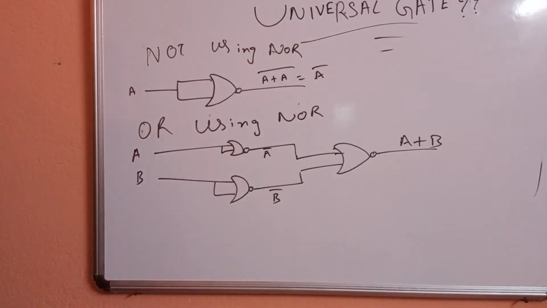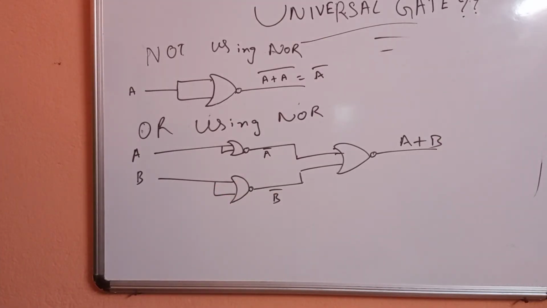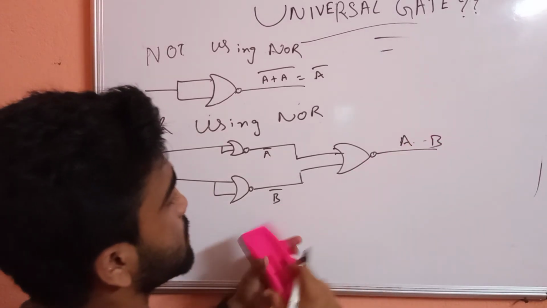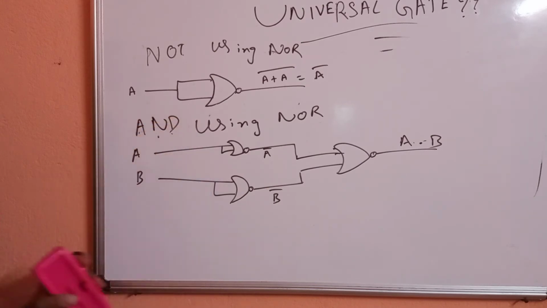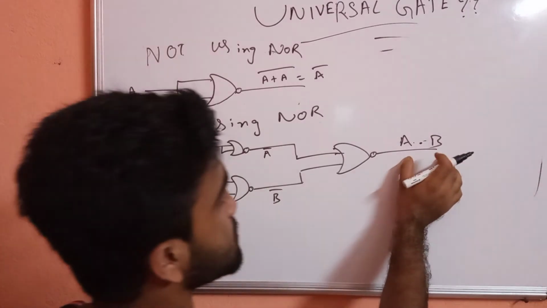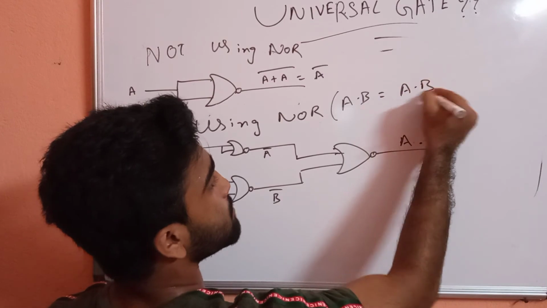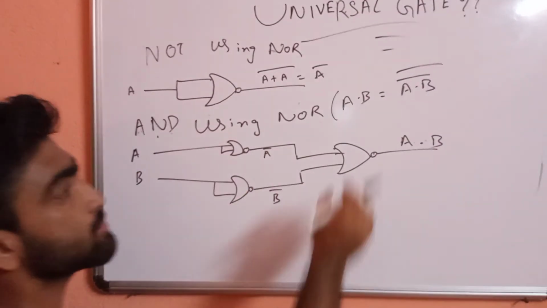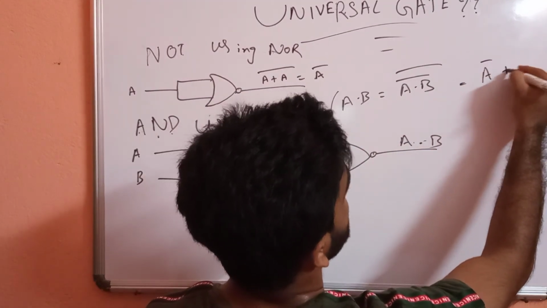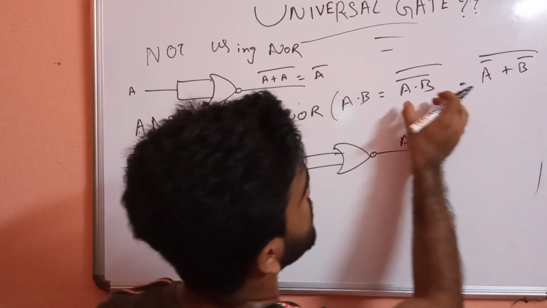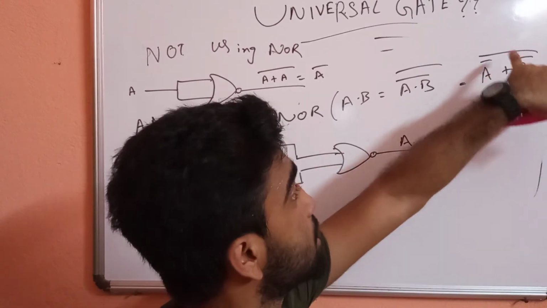Now carefully watch. How am I getting this? I'm sorry, very sorry. This is AND operation using NOR. How am I getting this? This we want as output: A dot B. We can write A dot B double complement as A dot B. A dot B double complement means A dot B. Now using De Morgan's rule, we know A bar plus B bar whole bar. I have changed the inner bar using De Morgan's rules. A bar plus B bar whole complement.